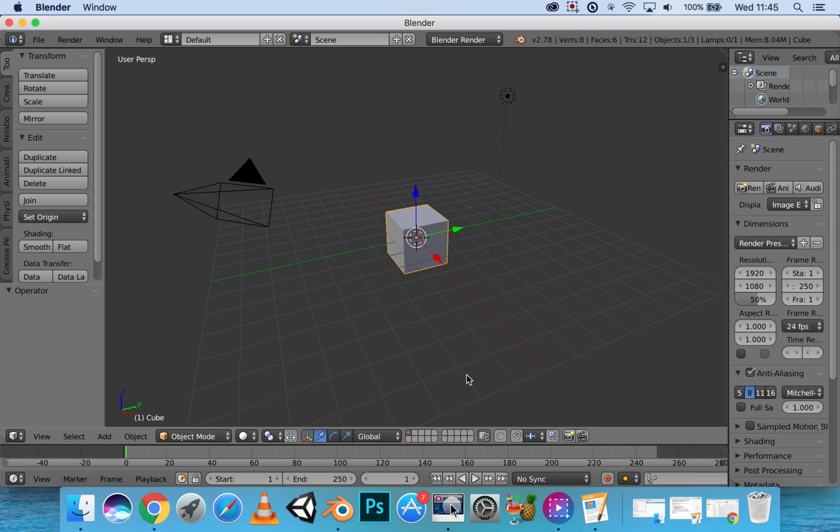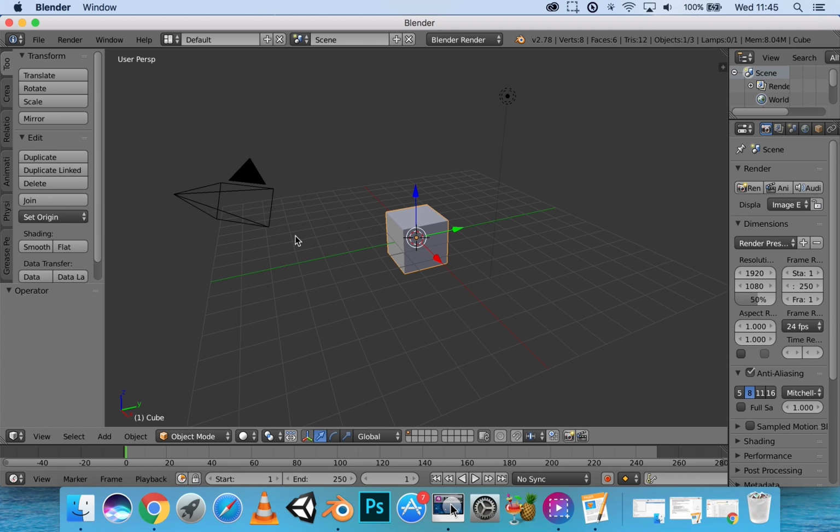Hello everyone, we're back in Blender. Now, previously we were playing around with the basic movements of our object in our scene. Now, since you've gotten used to moving around your said object, we can move on to creating new objects for